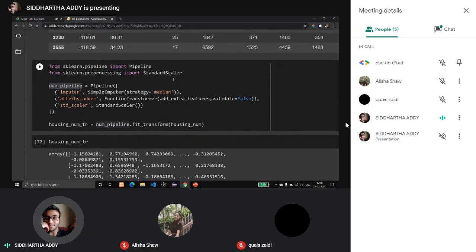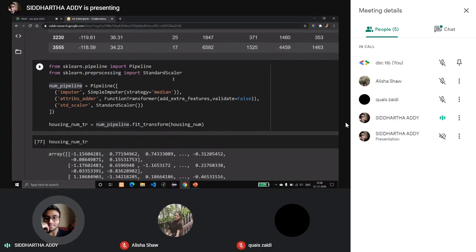So if there is a slight problem, we won't be able to notice it. Our brain won't be able to notice it until the point the accuracy scores are very low. Then we have to go back to our code and start debugging what went wrong. So when you are doing a large project and applying so many transformations, like either we have